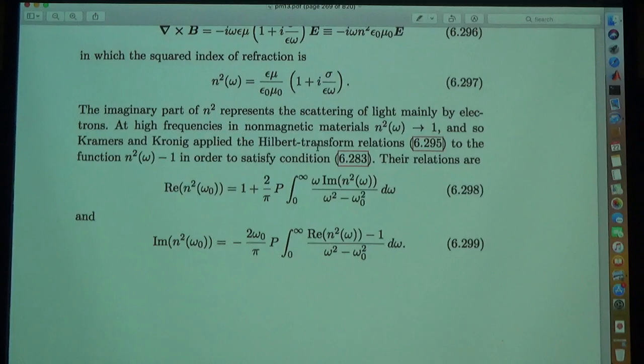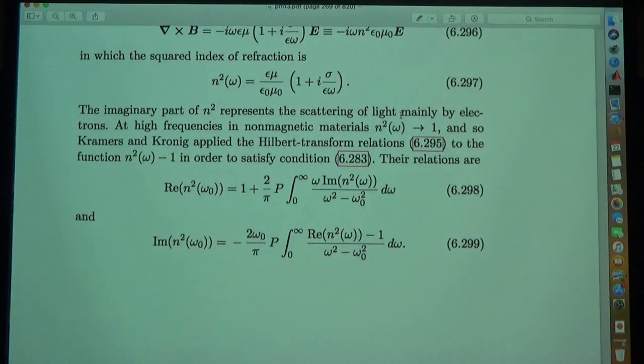The reason it makes sense is that at high frequencies, you're really looking at very short distances. At very short distances, everything is empty space. You just have charges. So at very short distances, if you're in a solid, you might have a molecule there and a molecule over in the hall, but in here we have vacuum, and so you'd expect that epsilon mu would become epsilon 0 mu 0. Anyhow,